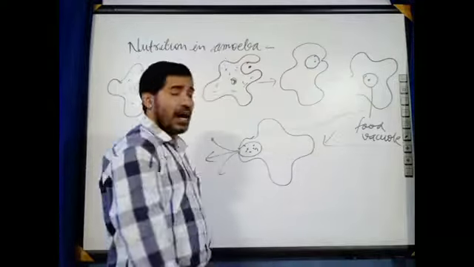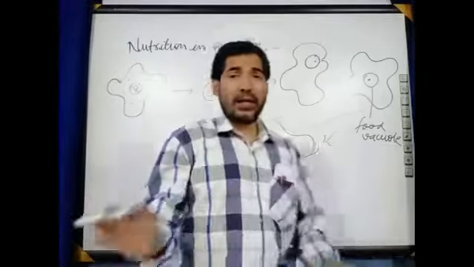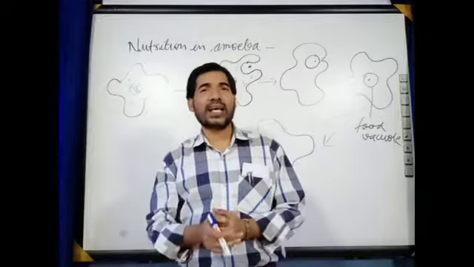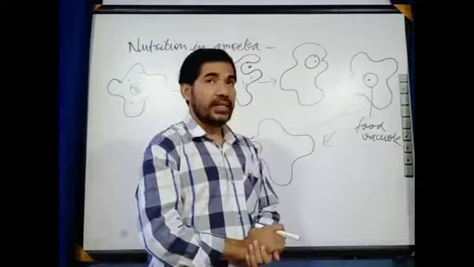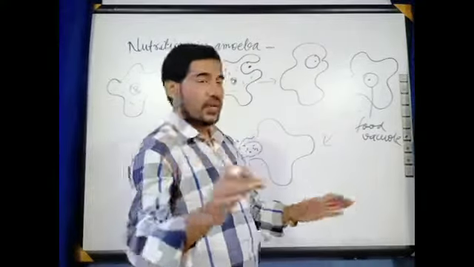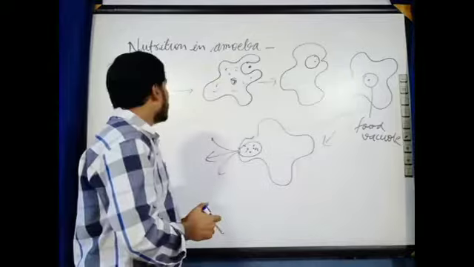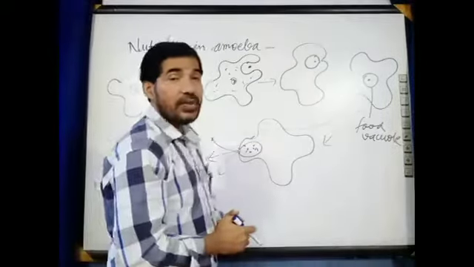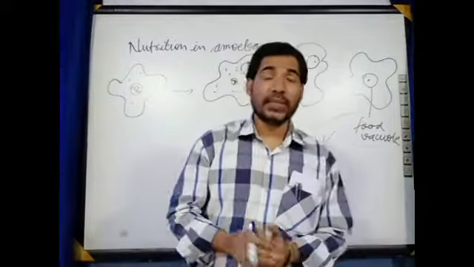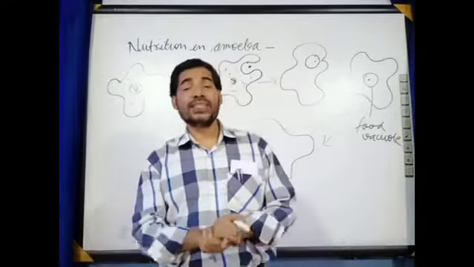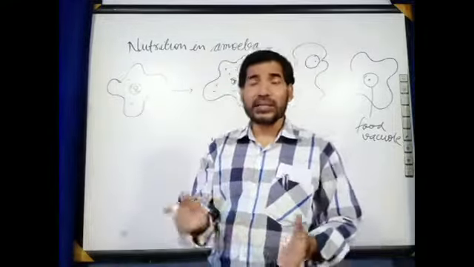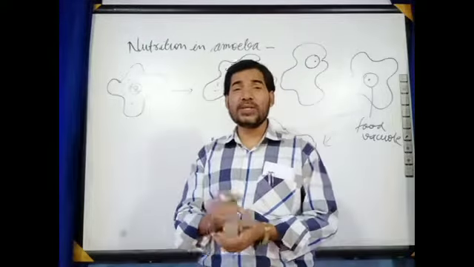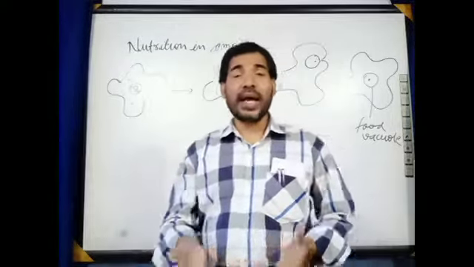You know amoeba has an irregular shape, meaning it has no fixed shape and no fixed structure. Now I am going to explain how ingestion takes place in amoeba. In amoeba, for the process of ingestion there is no particular organ. The process of ingestion always takes place in the direction of motion, and